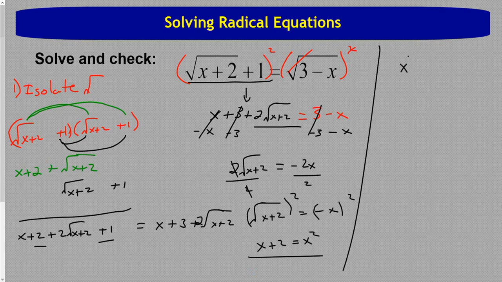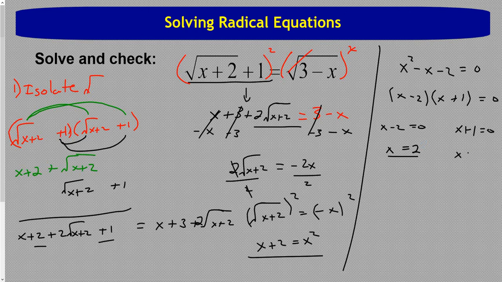So x squared minus x minus 2, I'm putting both of these on the other side of the equation, is equal to 0. If I try to factor that, which is always going to be my go-to just because it could be faster, x and x, factors of 2 that add up to 1, how about negative 2 and positive 1? So x minus 2 could be 0, making x 2. Or x plus 1 could be 0, making x negative 1. These are my 2